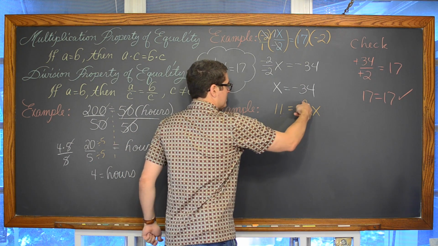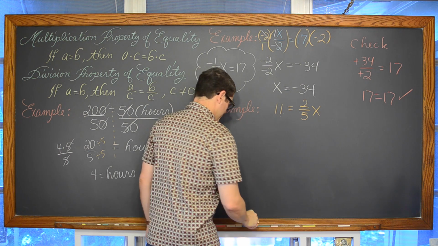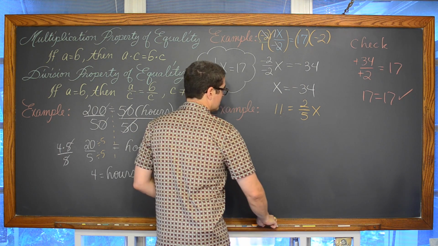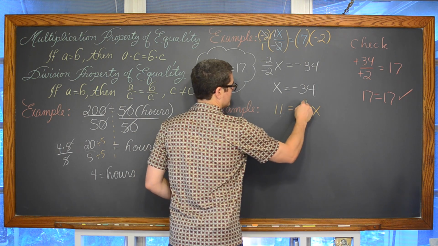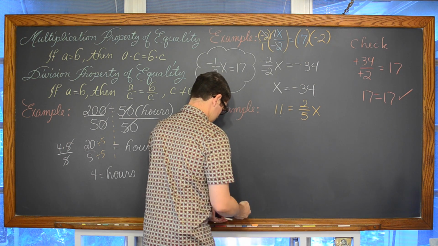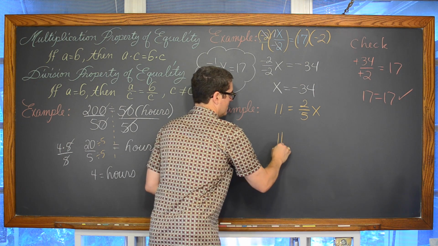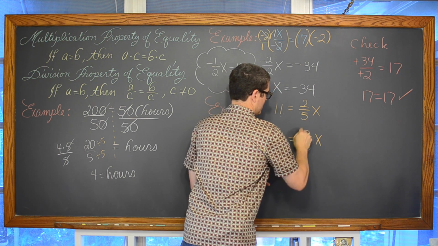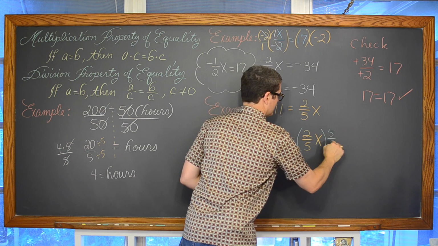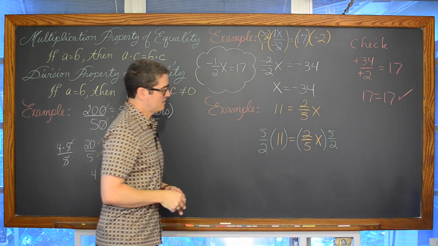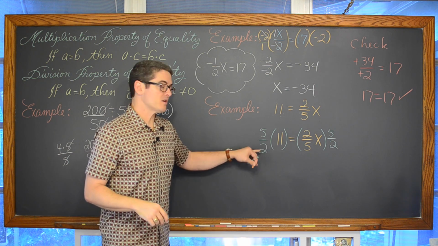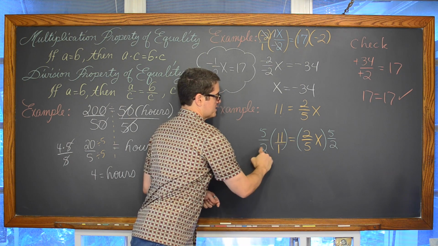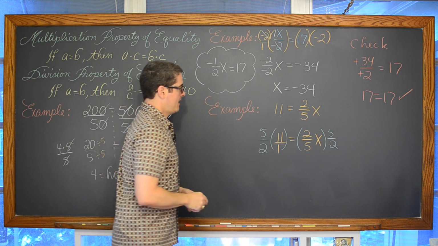So if I want to get this coefficient to be 1 in 1 step, I multiply both sides of the equation. What color am I going to pick here? Well, it's already an orange, so let's pick green. I'm going to multiply both sides of this equation. Let's write it like this. I'm trying to keep the color separated so you can keep the examples clear. We're going to multiply both sides of this equation by 5 over 2. And again, seeing that now we have a multiplication of a fraction on the left-hand side of the equation, we're going to write that 11 to be over 1 so I can get the numerators and denominators to line up properly.